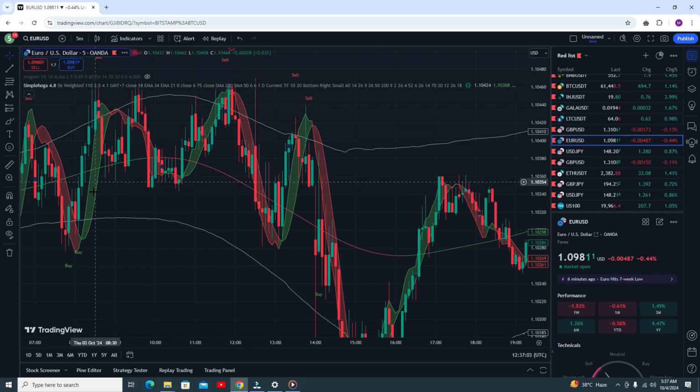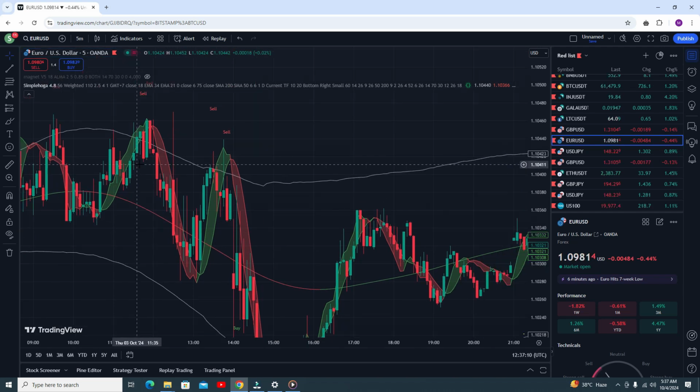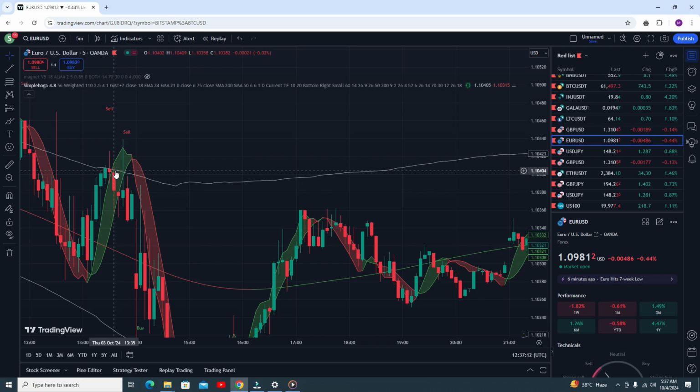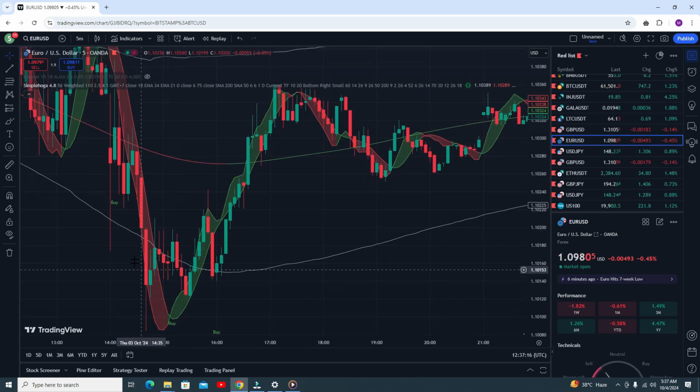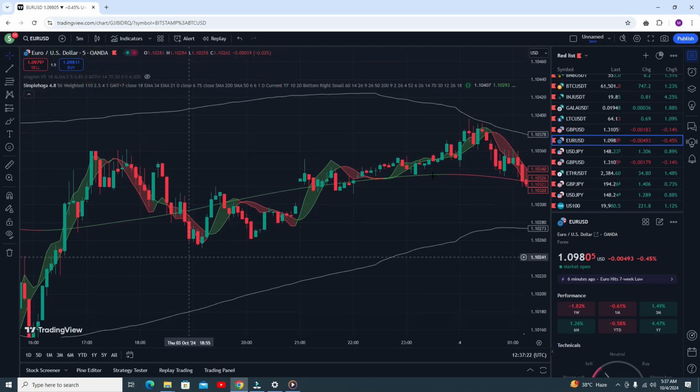There is a ribbon as well. This is actually RSI, very important. Okay, here you can see the RSI. Whenever the RSI is coming upside and you are getting a sell signal, you can see you are getting awesome results. Now you can see again the RSI is crossing the lower band line and you're getting a buy signal. So this is another good